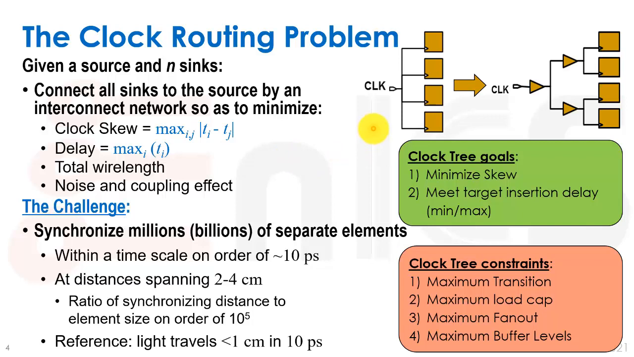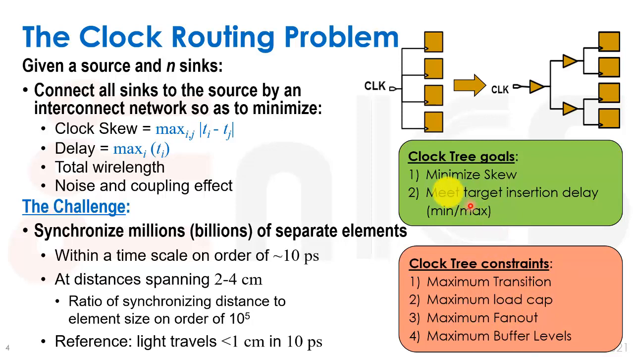So the assumption is that if we can reduce that delta to be 0, then we'll just meet the timing just as we met it post synthesis, post placement, etc. So that is our real goal. We're going to minimize the skew in order to continue meeting the max and min delays as we met them before. But there are some constraints, and the constraints are that we have to have some sort of a maximum transition, load cap, fan out, and maybe a maximum number of buffer levels that we want to have